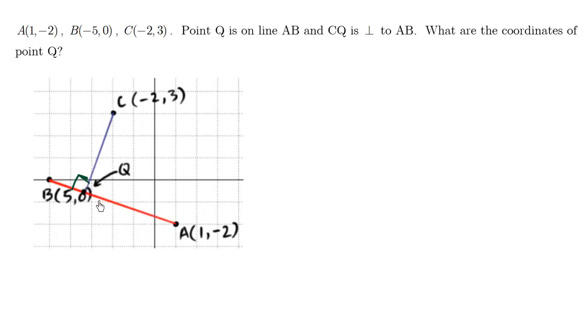Now, to find where lines intersect, it's a good idea to find the line equations. Can we find the line equation of this line AB, the red line here? And the key is that we have 2 points, so this shouldn't be too hard. The slope of AB equals rise over run. So I'm going to just subtract the y values. -2 minus 0 over the run, 1 minus 5. We get -2 over,